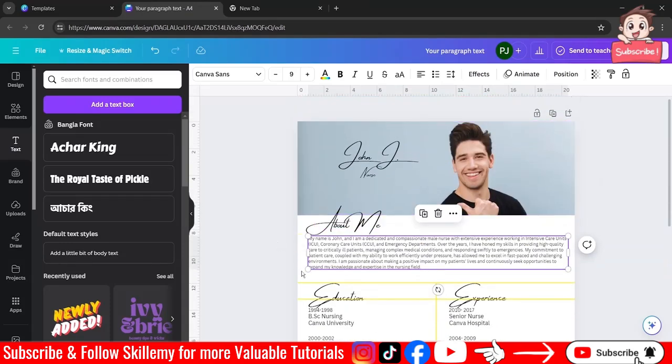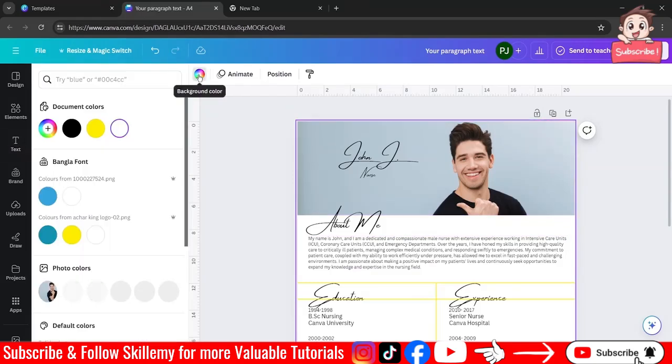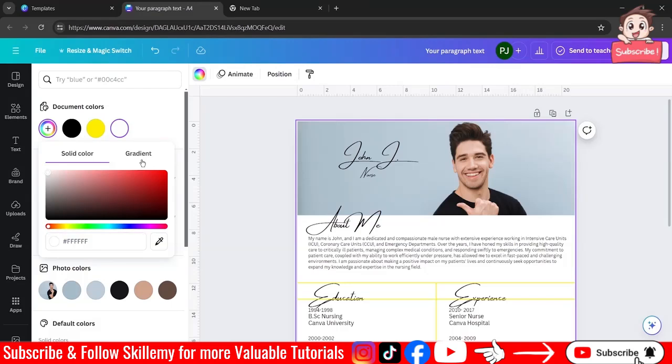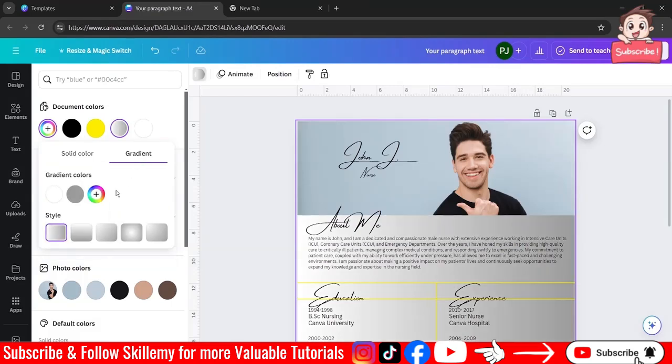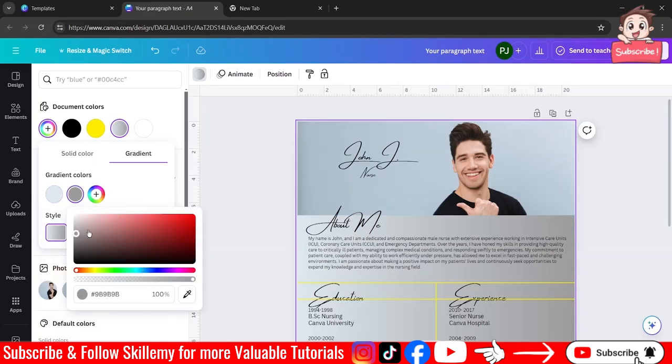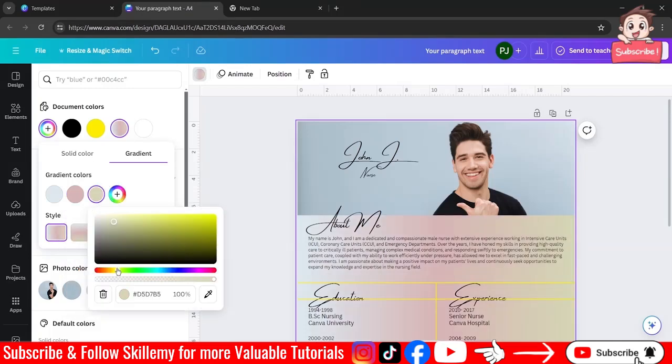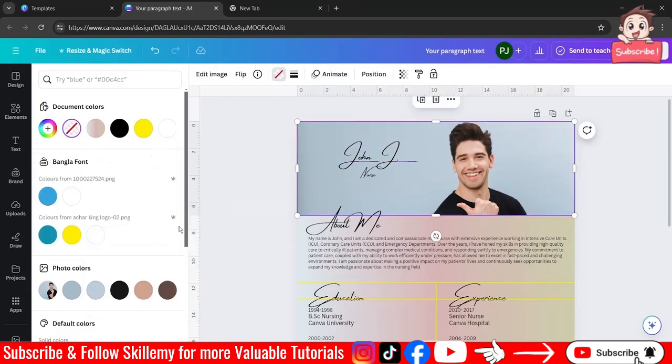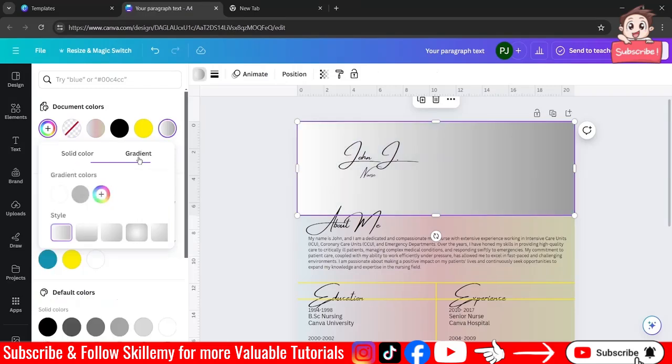Now let's choose our particular background color. So for this one, let's go over here. Let's click on the color. Let's choose the gradient. So we are going to work with the gradients. Let's click on this one. Let's select this particular color. Let's take another gradient. We are not going to choose a darker one. We'll choose a lighter one over here. So let's use this lighter gradient. Let's go and add another one.